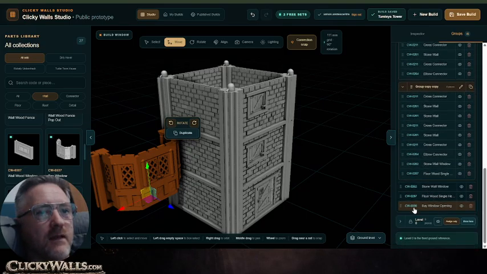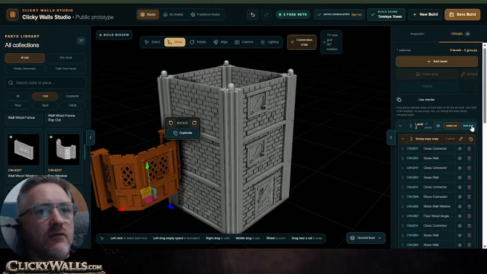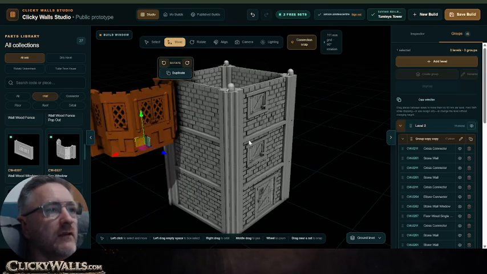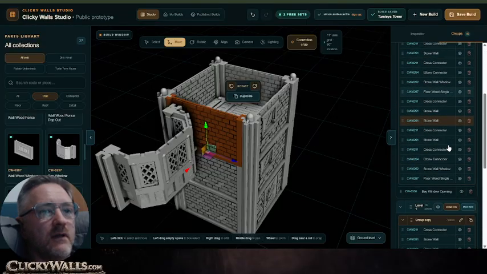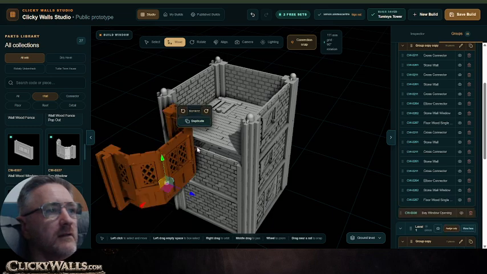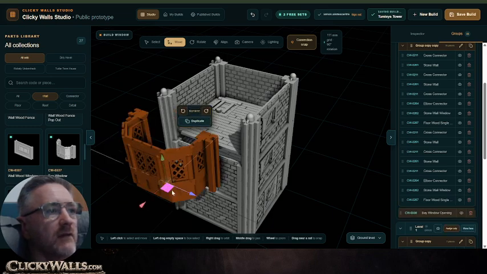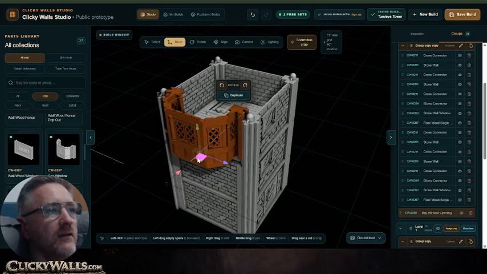Where is it? There. And then we want to move it to this level, so we just click that move and then it's up like that. This one we will delete, and then this we'll just spin it round and then we'll move it in. This one doesn't lock in at the moment